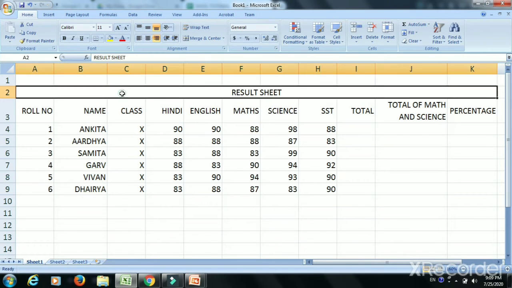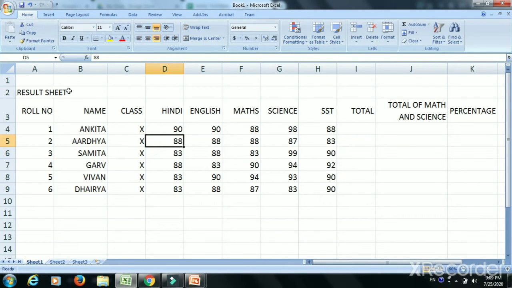Friends, this is the column. You can see this is one column. But actually it was not like this. I want to tell you the feature of merging. So it was like this, like all other columns. I am deleting it for now.